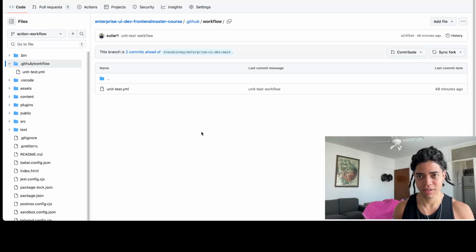There you got it. That's right, action workflow test. So you can see now the change here: fix typo, unit test workflow. It's something interesting because now we want to merge this to this branch here. And when we create the pull request,